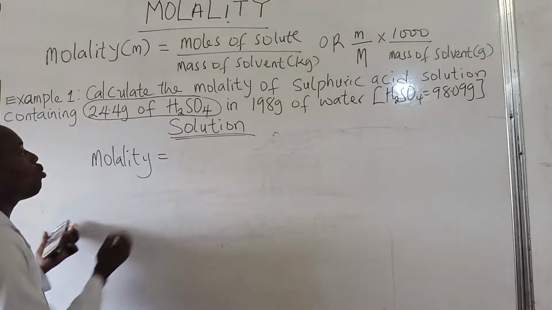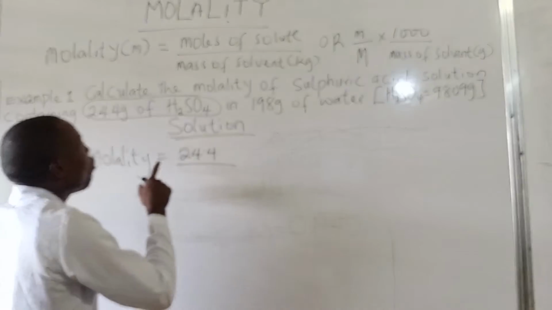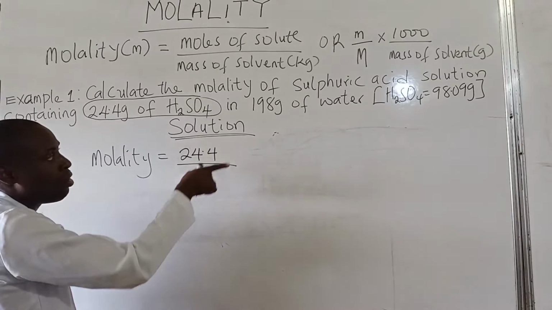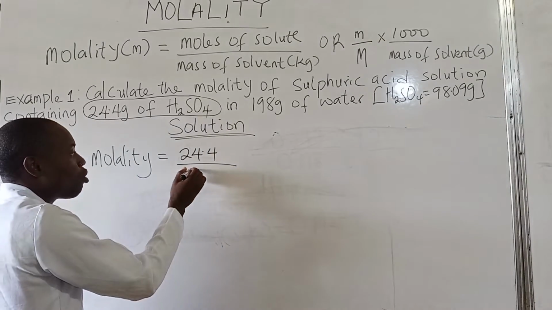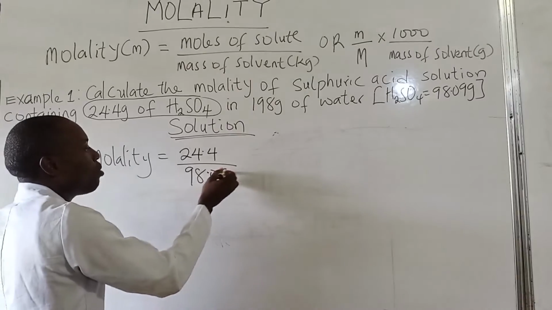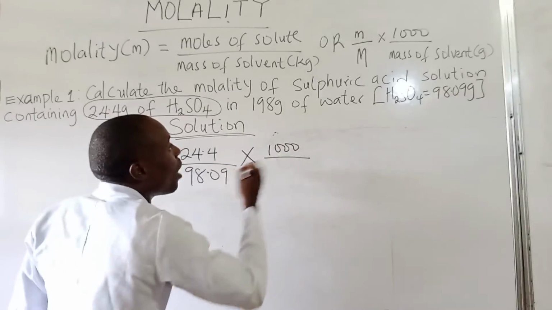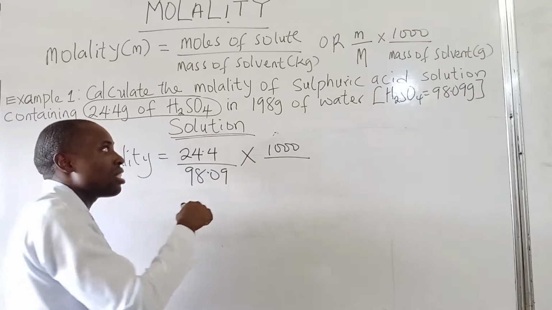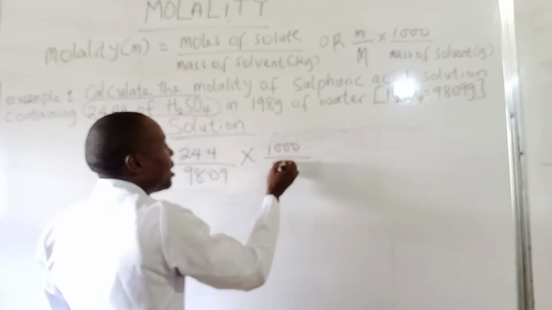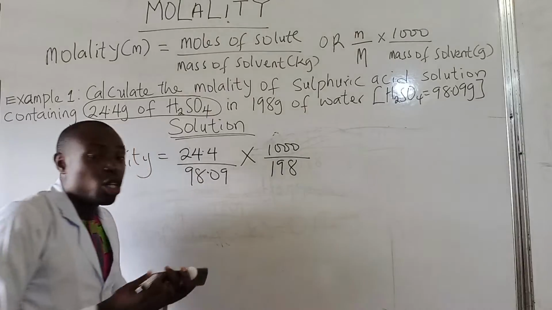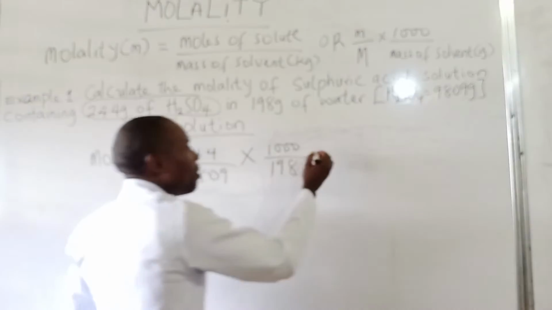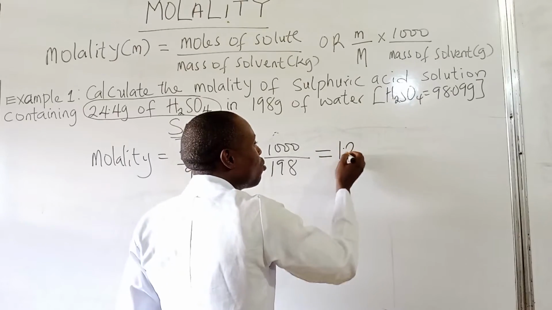The mass of the solute is 24.4, the molar mass of the substance is 98.09, multiplied by 1,000 over the mass of the solvent, which is 198. When you do the multiplication and the division, you should have the final answer to be 1.26